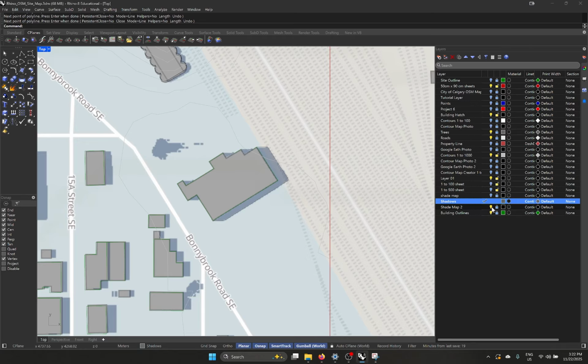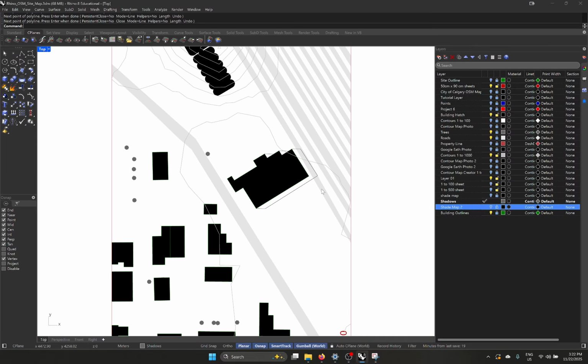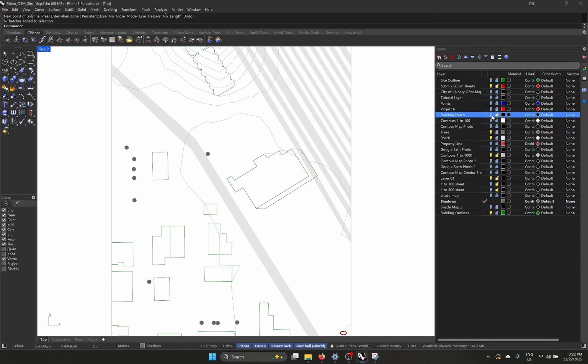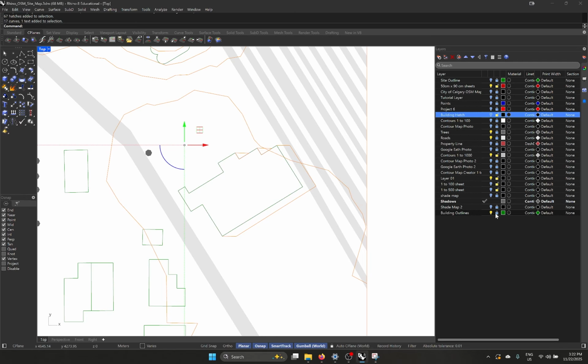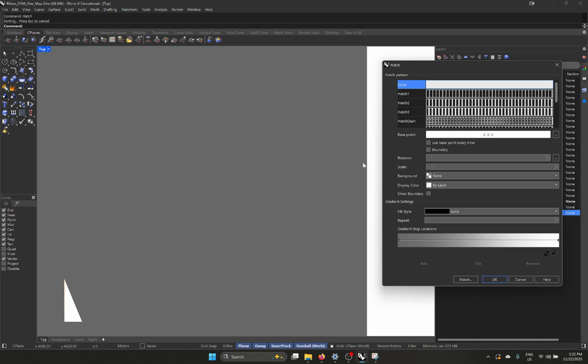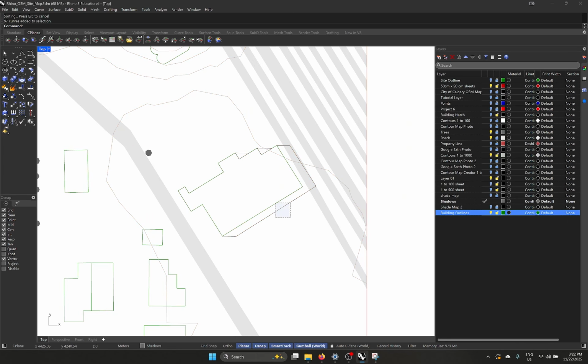And how that's going to work is we're going to use, here we can turn this off, the hatches. We're going to use those polylines from our building outlines and then help us build our shadows. So we'll do a hatch command. So maybe we'll ungroup those. So I'm going to select the building outlines that I have plus the shadow lines that I created. And then I'm going to do a hatch,